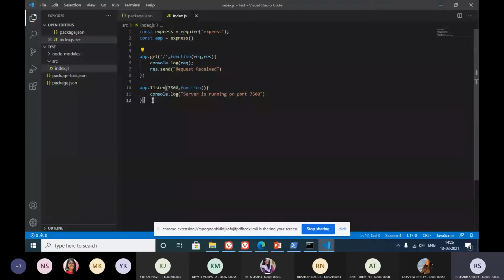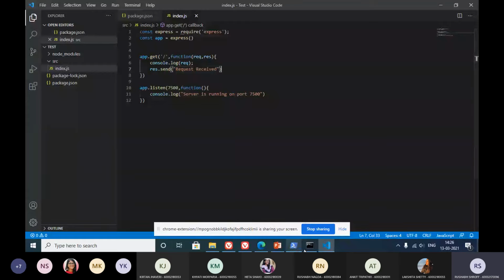So let's say after I've started listening, a user sends a request onto this particular path. So your application now knows that if I get this particular path, I have to run this function. Okay. Then it will run this function, and it will basically console log the request and send the response. And that's it. So now let's just start our application and try it.